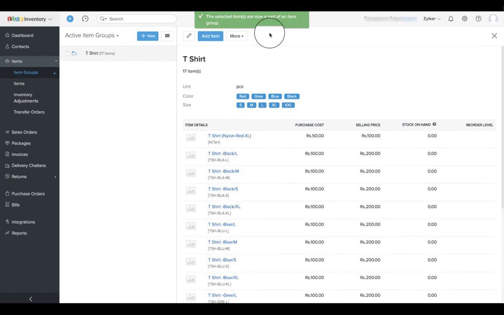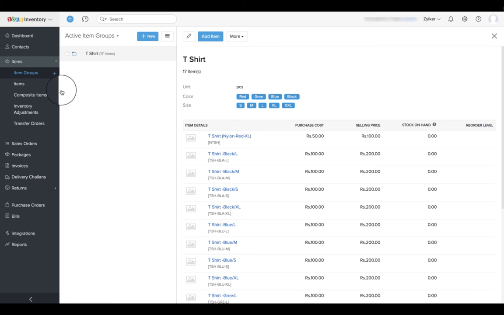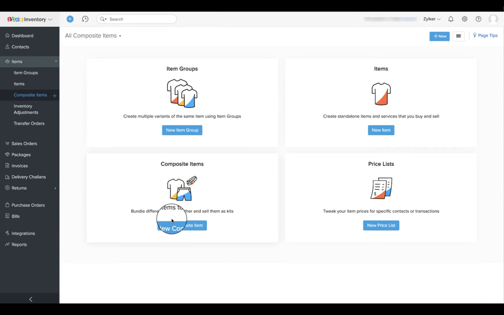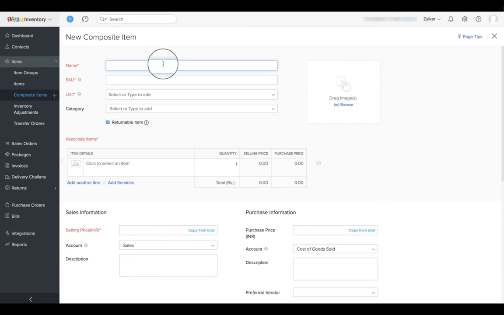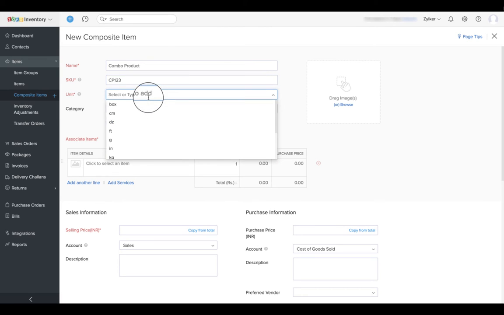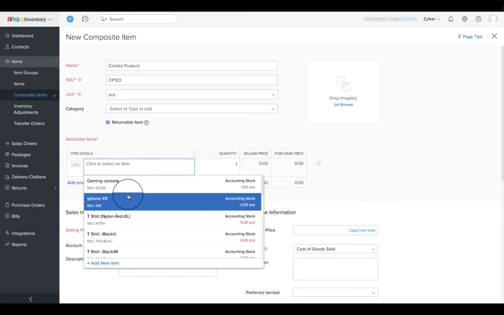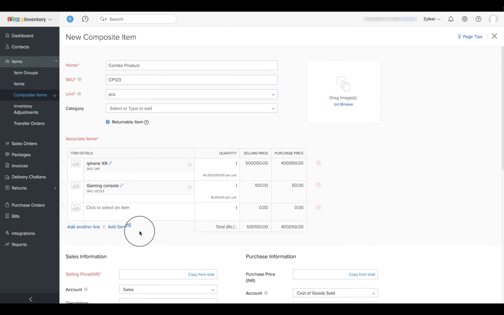A composite item in Zoho Inventory is a single commodity that is composed of two or more units and/or services. With composite items, you can create kits and sell them for customized rates and perform assemblies to create finished goods. Creating a composite item is similar to that of the creation of an individual item, where you will be adding the items and quantity of these items that constitute the composite item under the associate items field and then hit